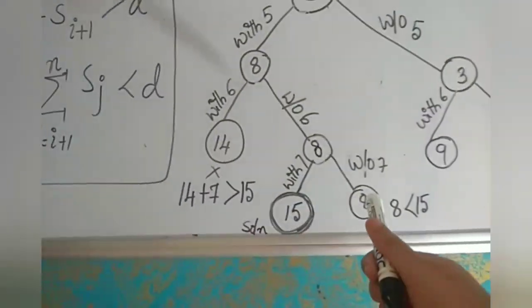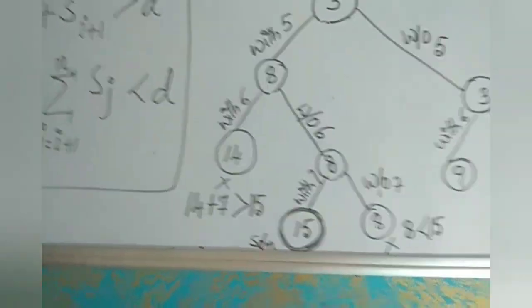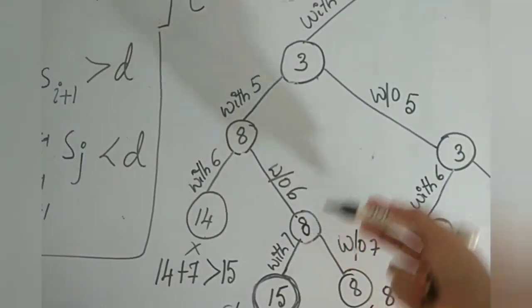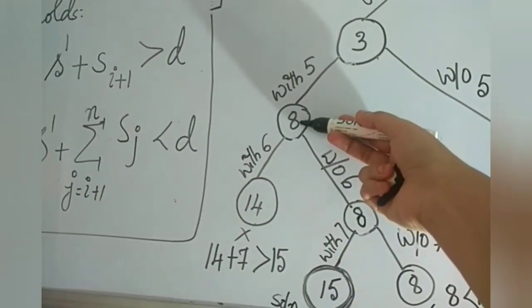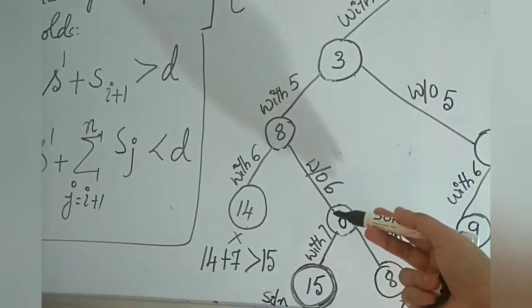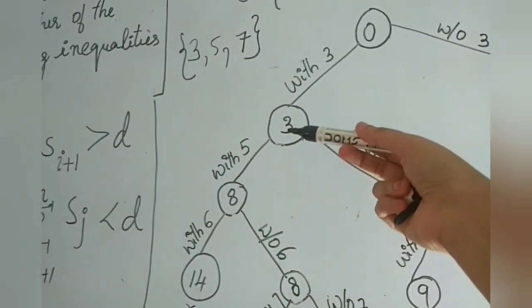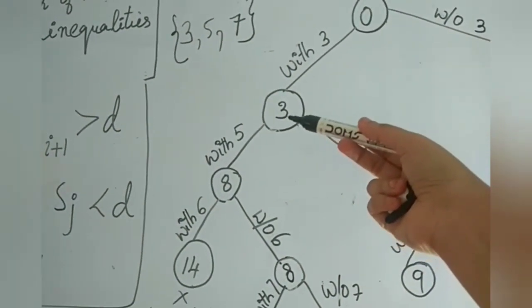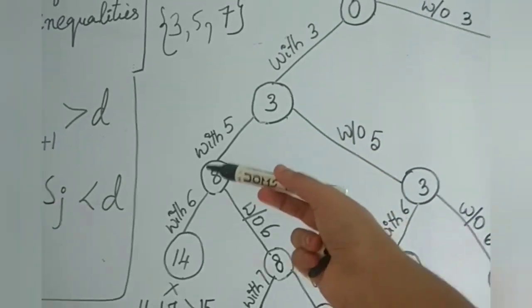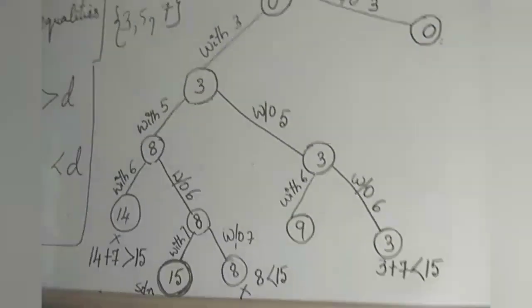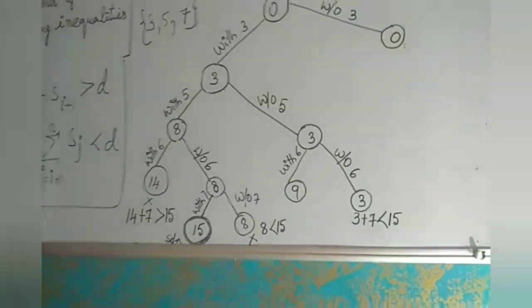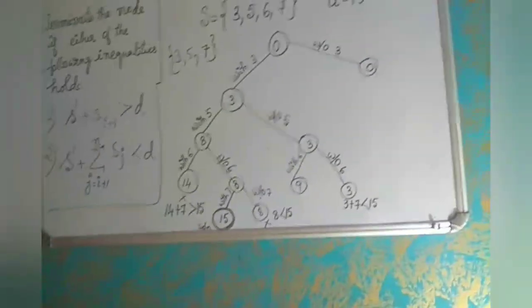So now, once you reach the dead end, what do you have to do? Again, go back to the parent. Here you see, is there any other option to consider? No, both the options are over. Next, go back to its parent. Its parent is what? 8. So check here, is there any other option to consider? No, both the options we have considered. Again, backtrack, go back to its parent. Here, do we have any option to consider? Yes, one option with the 5 we have not considered, without 5. So go back there, and here also you check. Without 5 the sum is equal to 3.